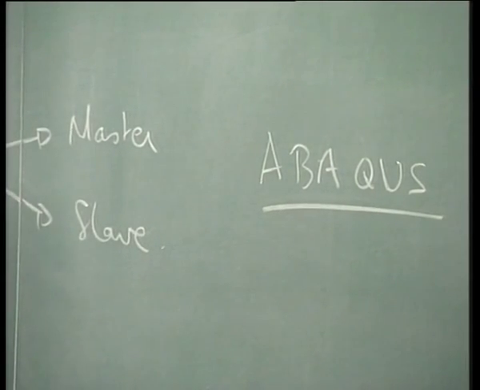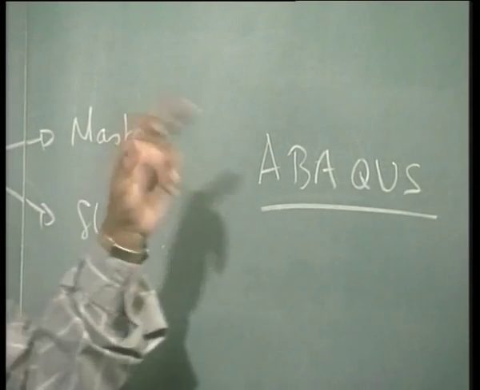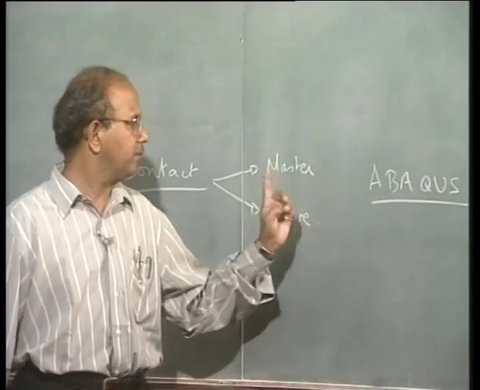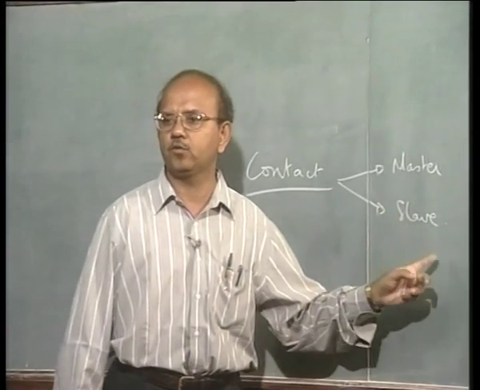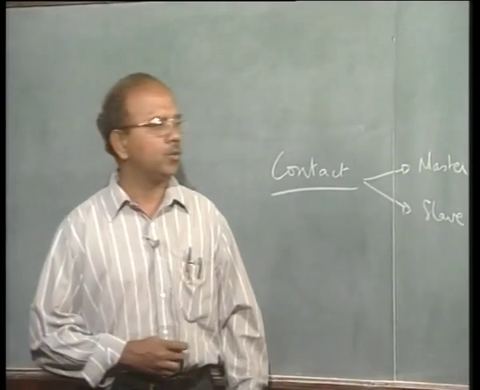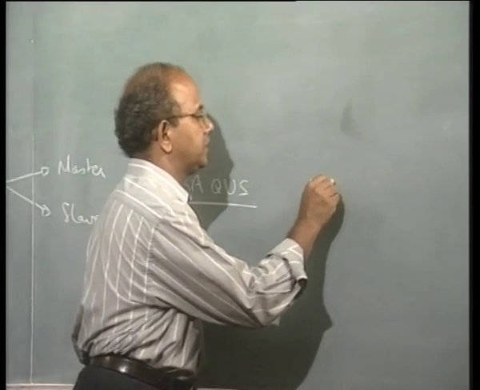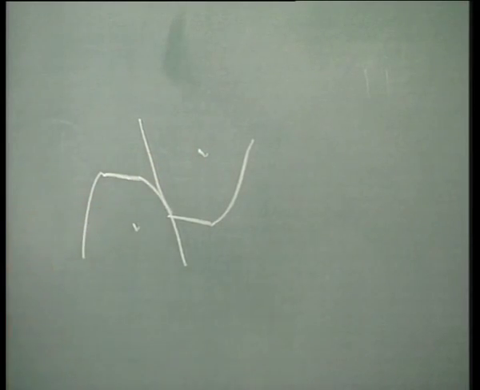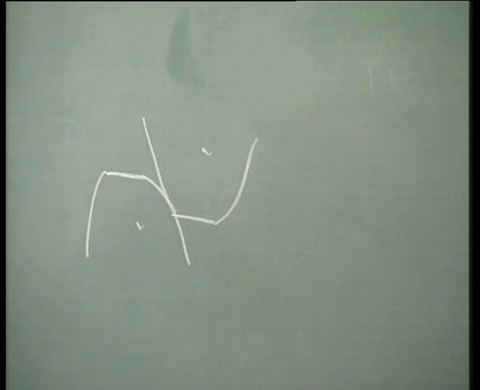Now, as I told you in the last class, this master can be defined using a rigid surface or a rigid element or a deformable element. The slave will always be a deformable element. For example, we defined the die in our die material set, the die to be the master and the material which is deforming to be the slave. For example, if there are two gears which we are mating, we had seen this example before. If there are two gears, then both the gears are deformable, so the contact is between deformable and deformable.